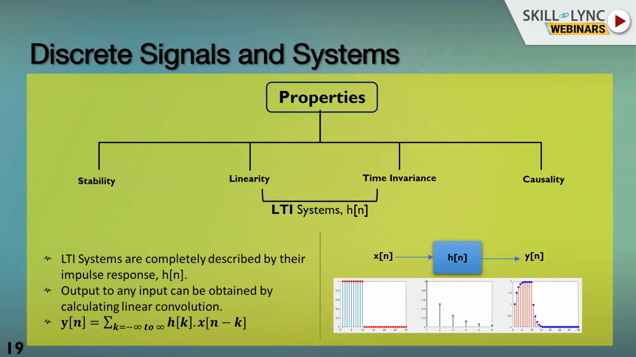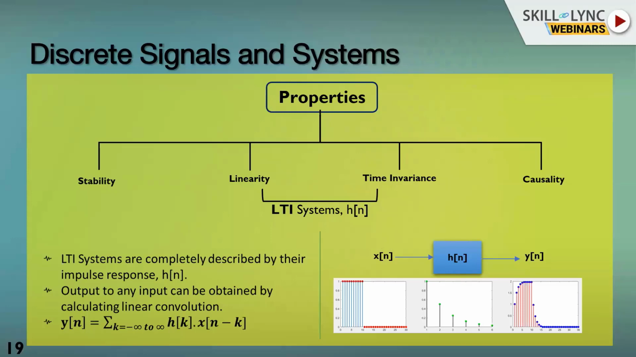LTI systems are so important because they are completely characterized by their impulse responses, like I've shown in this figure. If this is an LTI system and this is the impulse response of that system, we will know everything there is to know about that system. We will know its input-output relation, the frequency response, how it will modify the frequency related information in x[n] and output y[n]. So for any arbitrary input you can provide to the system, we will know the output. This is a huge advantage